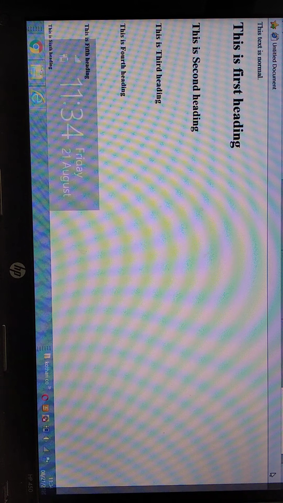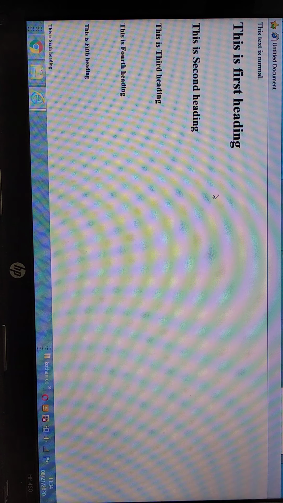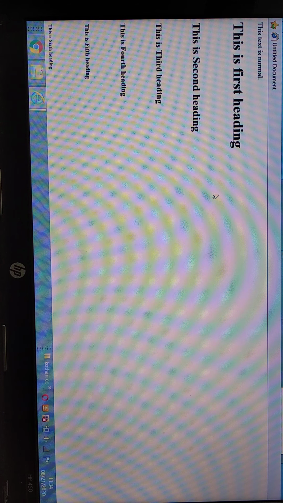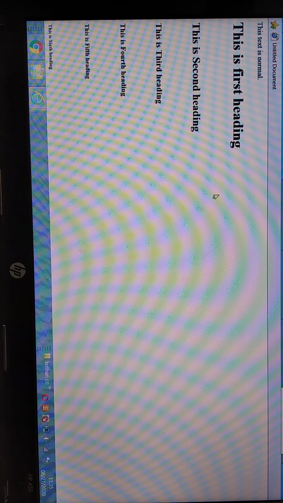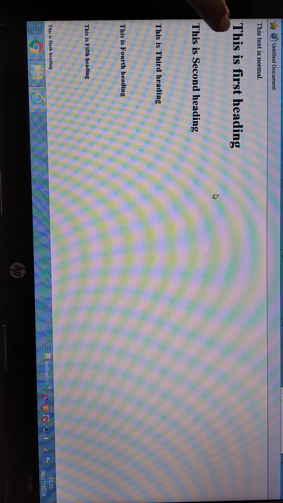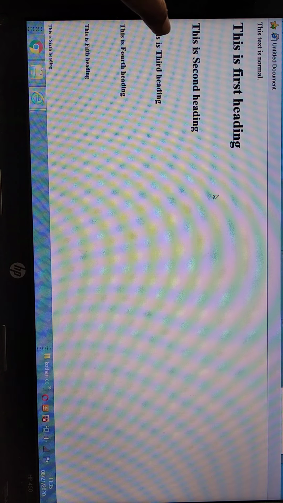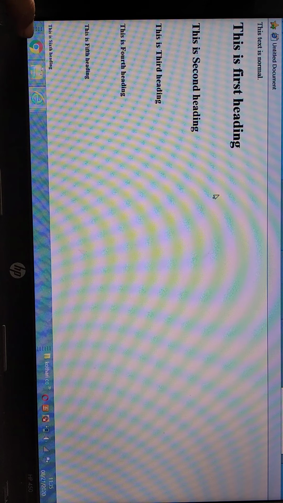So the output of the program is like that. This is the first heading, this is the second heading, this is the third heading, and this is the fourth heading, this is the fifth heading, and this is the sixth type of heading. You can see different types of headings there.